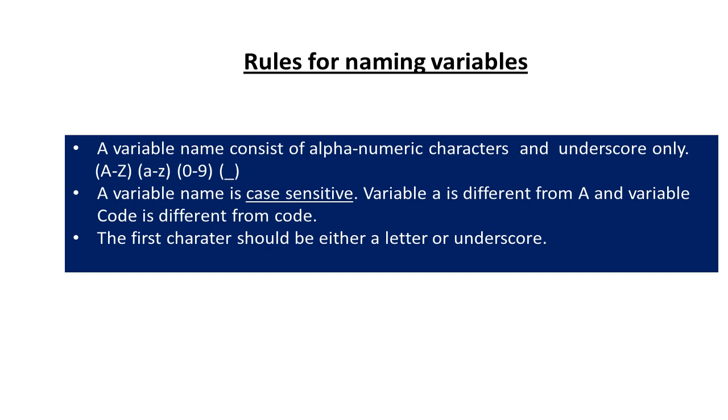Now, the next rule is that the first character should be either a letter or an underscore. The first letter cannot be a number. I mean, I cannot have a variable like 1ABC. Yes, it could be ABC1,